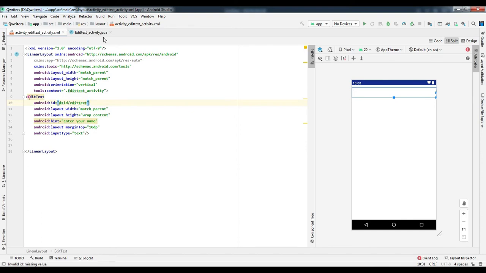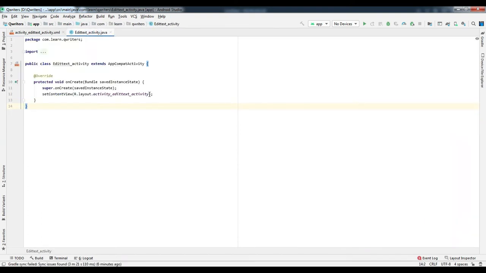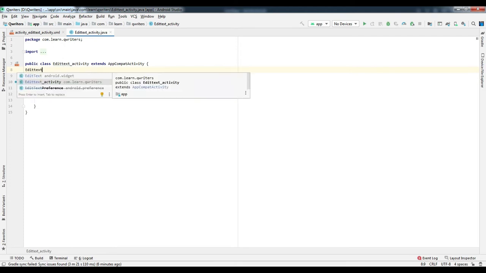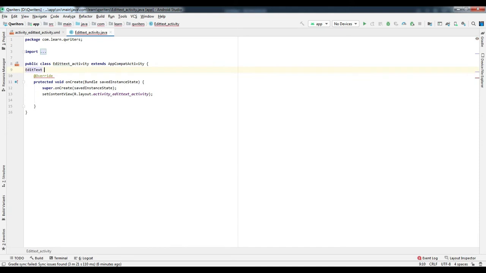Next, we'll go to the Java file. Before that, we'll just declare a variable named edit text. Then we'll initialize that variable in the onCreate method.